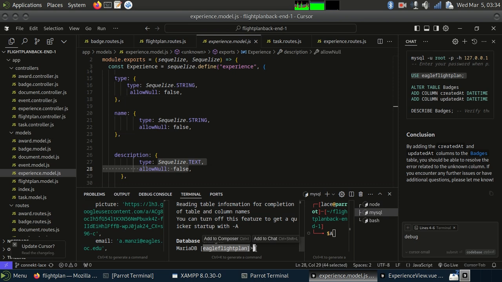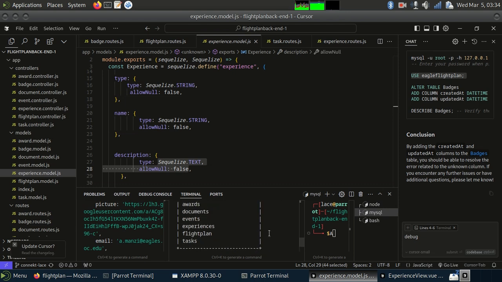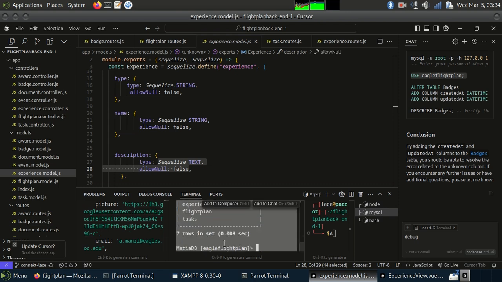Anyway, you get to see our tables, which are right here: the badges, awards, documents, events, experiences, flight plan, and tasks. So again, in order for me to get this whole backend code working and connect it, I had to change names of tables. You'll probably run into this when you're trying to set up your database and have your backend communicate with it, because